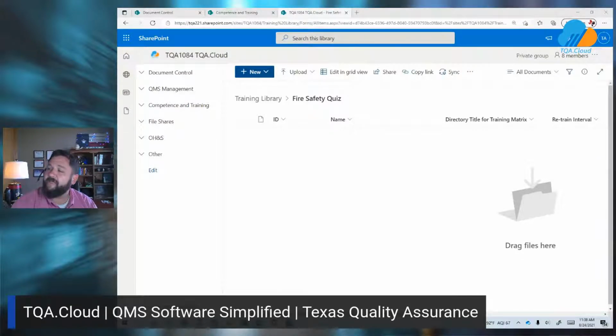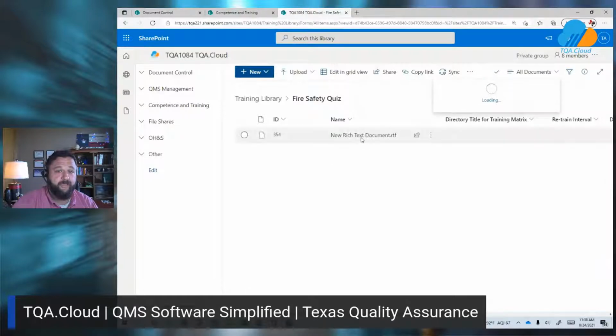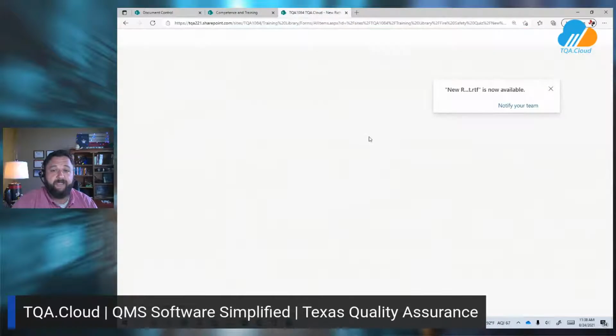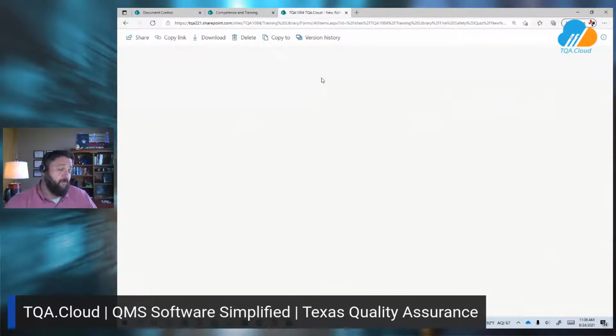So let me go ahead and show you again how easy that is. I just created a document in another window I've got here, and I can simply drag and drop that directly into the system. We'll go ahead and get it uploaded. And then we can open up this document and identify all of the requirements for it.